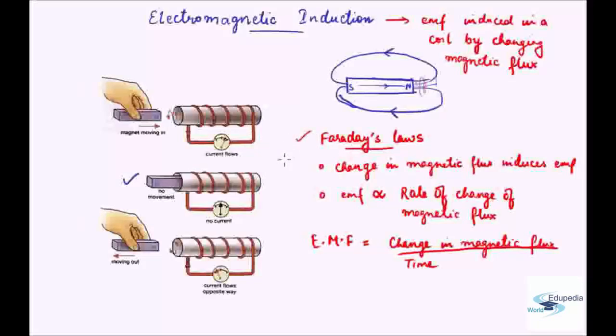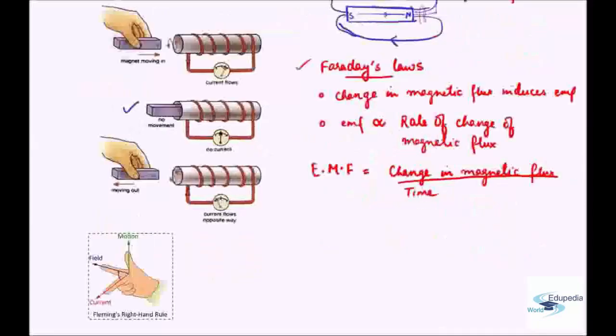But till now we have not discussed how we find the direction of current produced by electromagnetic induction. So let's see the rules by which we can decide the direction of current produced. There are two rules which are commonly used to find the direction of the flow of current or of the induced EMF in the case of electromagnetic induction. The first, which we are going to see, is known as Fleming's right hand rule. Remember that we had already studied Fleming's left hand rule. This is Fleming's right hand rule.